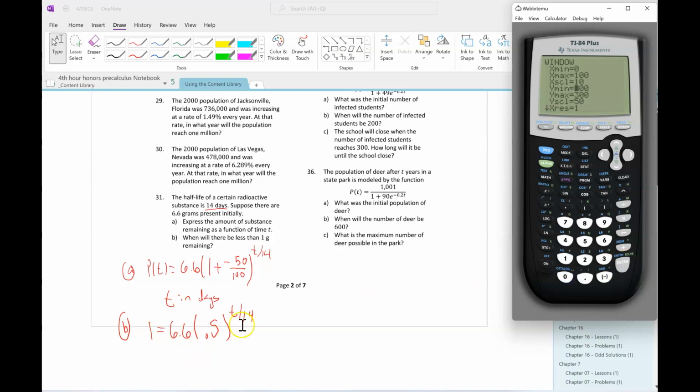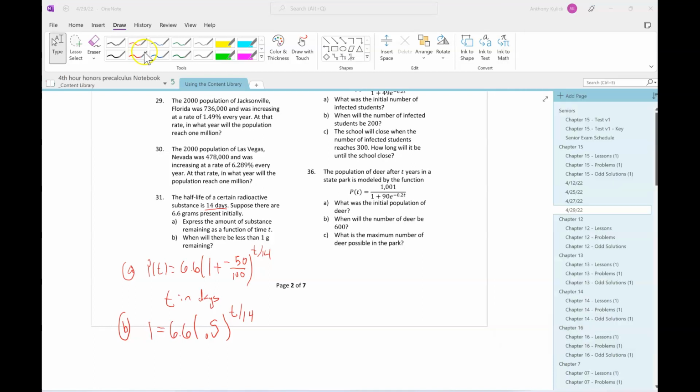My lower bound is 0 since it's a decay. You can't get less than 0 amount of stuff. My upper bound would be 6.6, but I'm going to start at 10 just because it's a round number, and I don't like doing weird 6.6s. Give me good old fashioned normal looking tick marks. So there's my 1 gram, there's my decay curve, second trace, intersect, enter, enter, enter. So after about 38.11 days,